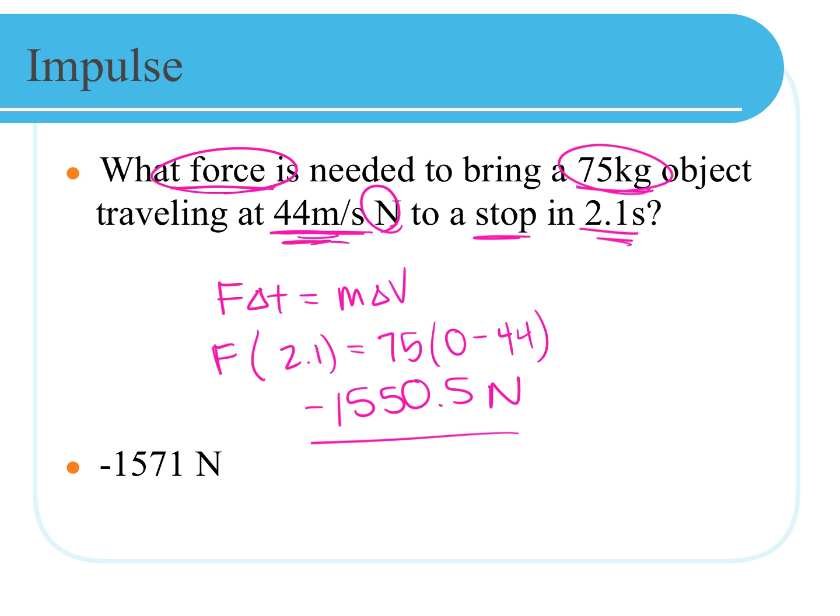If I was traveling south, I would make sure that my force being applied here would be in the positive direction. But I will tell you that a lot of questions with AP ask for the magnitude of the force. And what would that mean? If I just ask for the magnitude of the force, I don't have to include the direction. So a lot of times with AP, you'll work the question and be like, oh, mine's negative, but there's no negative choices. If it's asking for the magnitude, you don't have to include that direction. So that's just something I want you to keep in mind and keep working with that verbiage, okay?